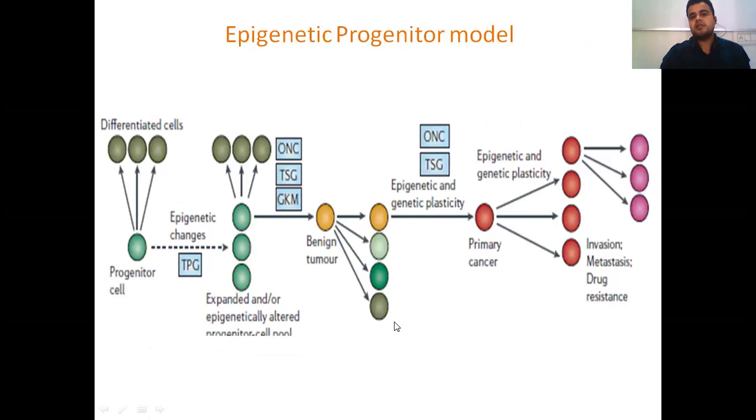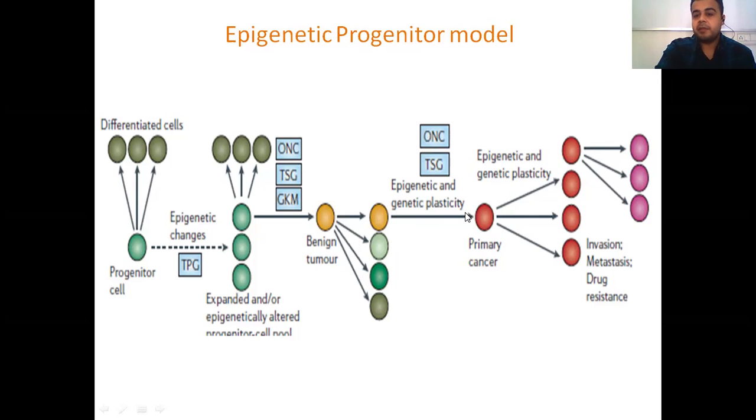As you can see, this is the recent model, the epigenetic progenitor model. It has been published in Nature, and I have also mentioned it in the references. As you can see, it's a progenitor cell, a precursor cell. Now these cells will show epigenetic changes, and they will start to divide. Now you can see oncogenes, tumor suppressor genes, and gatekeeper mutations, which we'll talk about, will lead to the tumor. Now the cells of this benign tumor will also divide, and the tumor will increase. Then it will spread to many other places, or this event can happen at the same time at many places in the body.